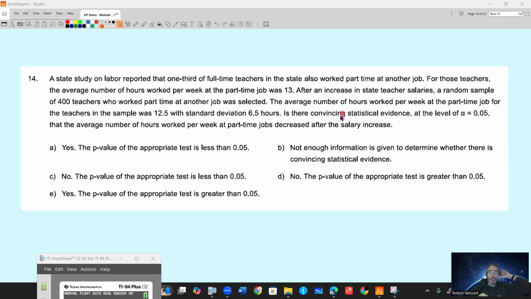Is there convincing statistical evidence at the alpha level of 0.05 that the average number of hours worked per week at part-time jobs decreased after the salary increase? So let's set up some hypotheses and then maybe just run the tests in our calculator. So this is going to be, in this case here,